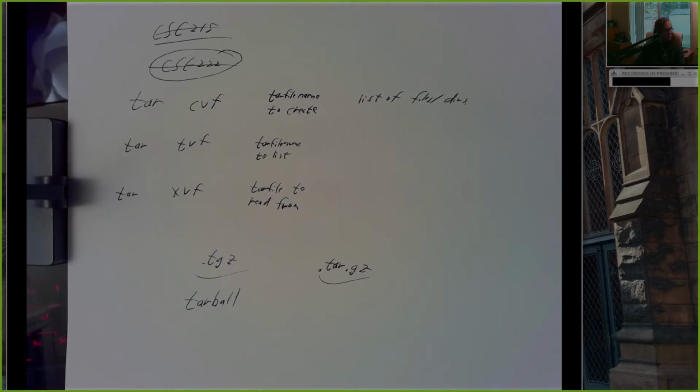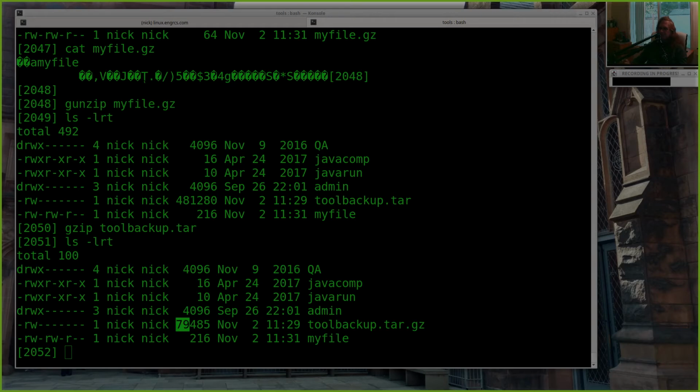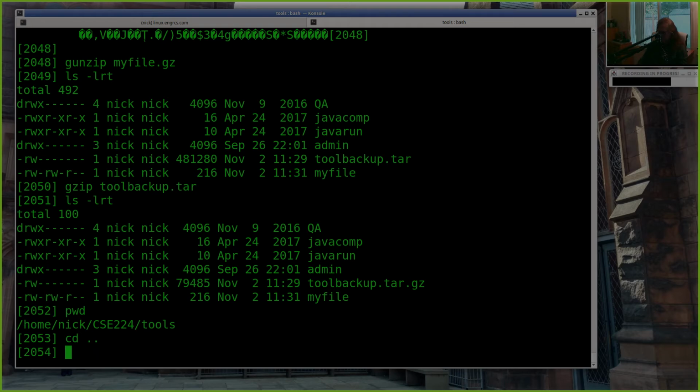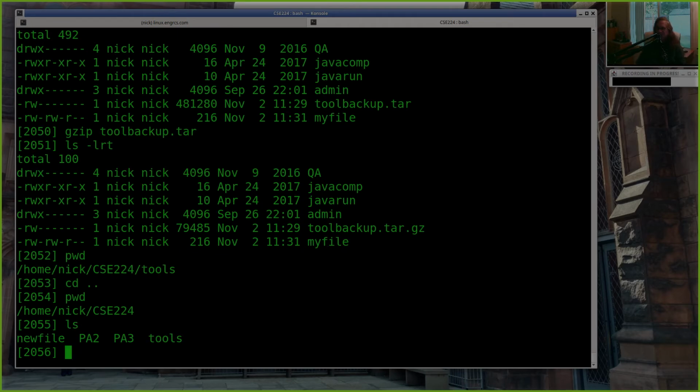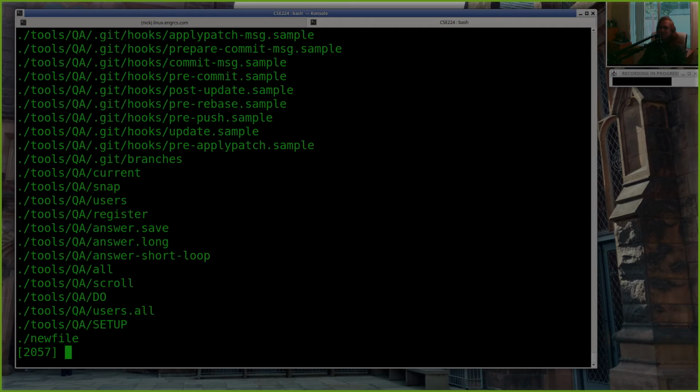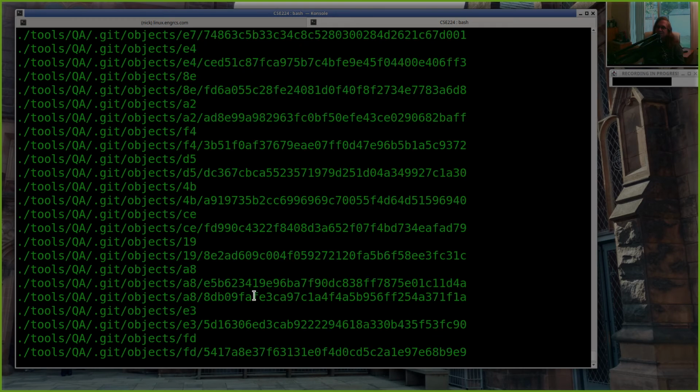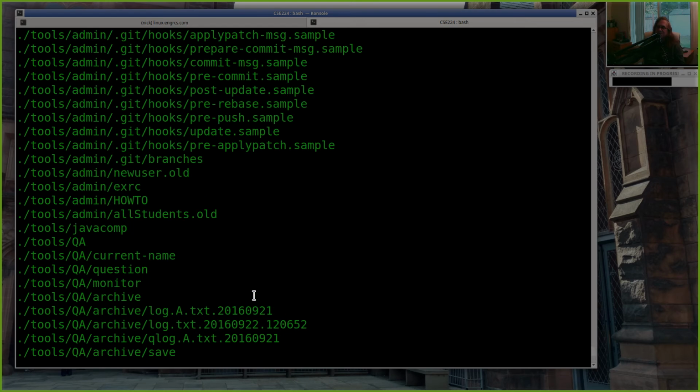Alright, last command I want to mention in this batch is find. And find is a useful way to search for files in Linux. So let's say I'm in my CSE224 directory. If I just want to see all the files that are contained from this point down, I can just say find period. Remember, period means my current directory. So find space followed by a period will list all the files starting with my current directory. And so I can see a list of everything from this point down in my directory tree.